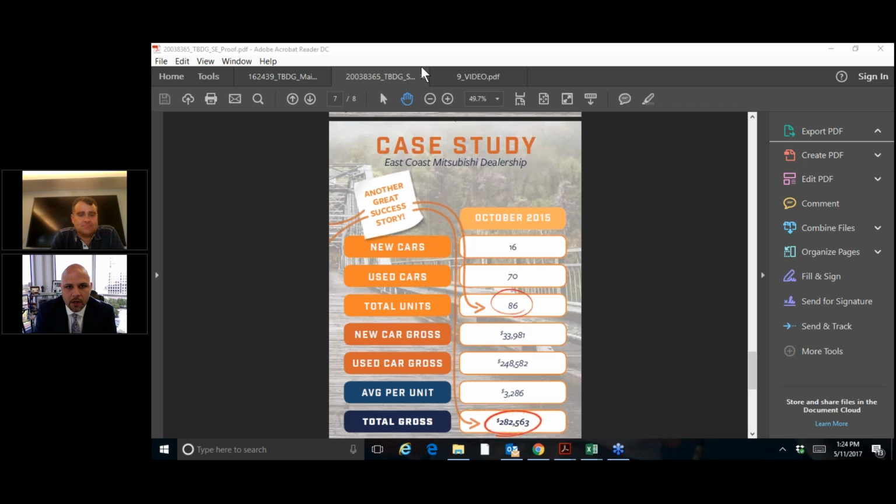Hey, it's a new car shingle to sell used cars and have banks and floor plan. But in this situation, the dealer is a good Mitsubishi dealer. I want to say he's probably a top 15 dealer in the country. And so, of course, we sold some new cars and made some decent new car gross. He was very, very happy with that, because his apprehension was that we were going to either A, throw out the new car customers or B, convert them all to used cars. I'm sure we probably converted a few, but we honored his wishes and we sold some new cars for him as well and made sure to maximize the gross and get what we can.